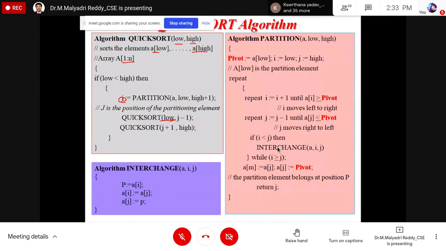So here the partitioning occurred like this. Take the low position for I, for low. So here the pivot element selection is the first element itself. It is the pivot element, and take I for lower values, J for the higher values, meaning left and right. It is the left position. It is the right position. So repeat until I is greater than or equal to j.